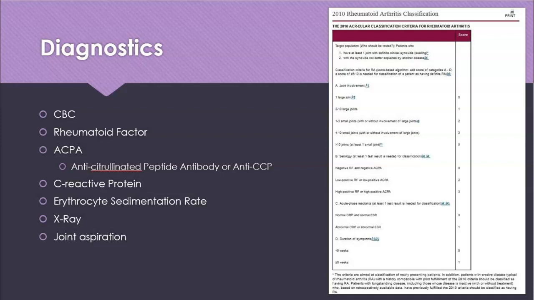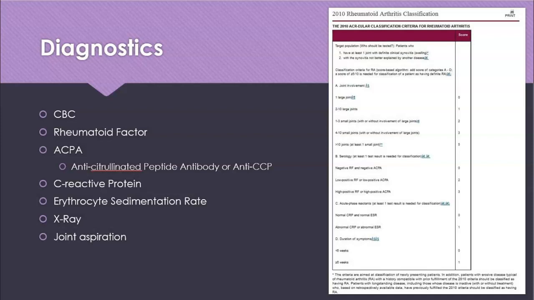Specific to rheumatoid arthritis, the rheumatoid factor is looked at. It is a type of autoantibody that's made by the immune system that causes it to target and attack itself. So the results for a rheumatoid factor are either positive or negative. It is not always